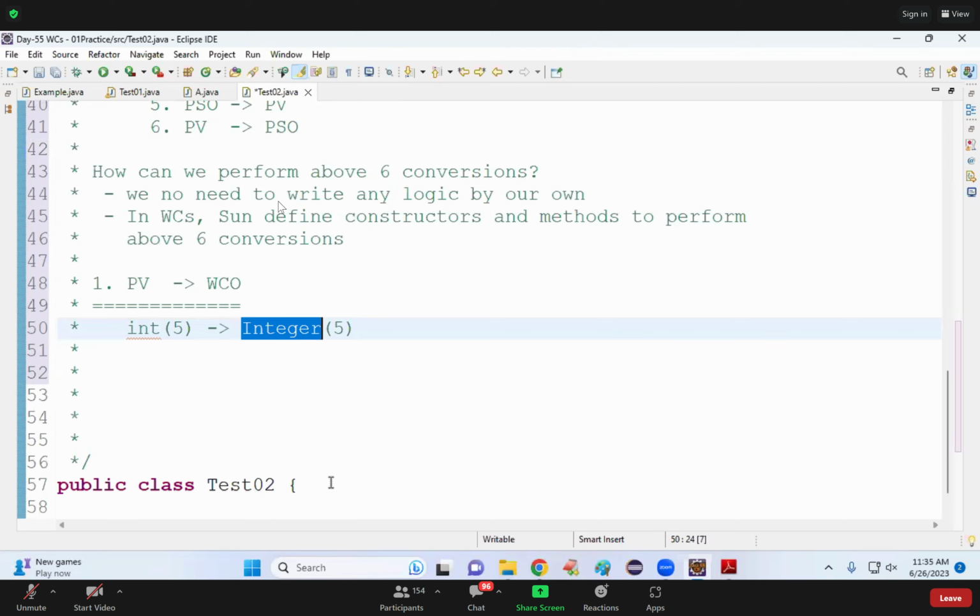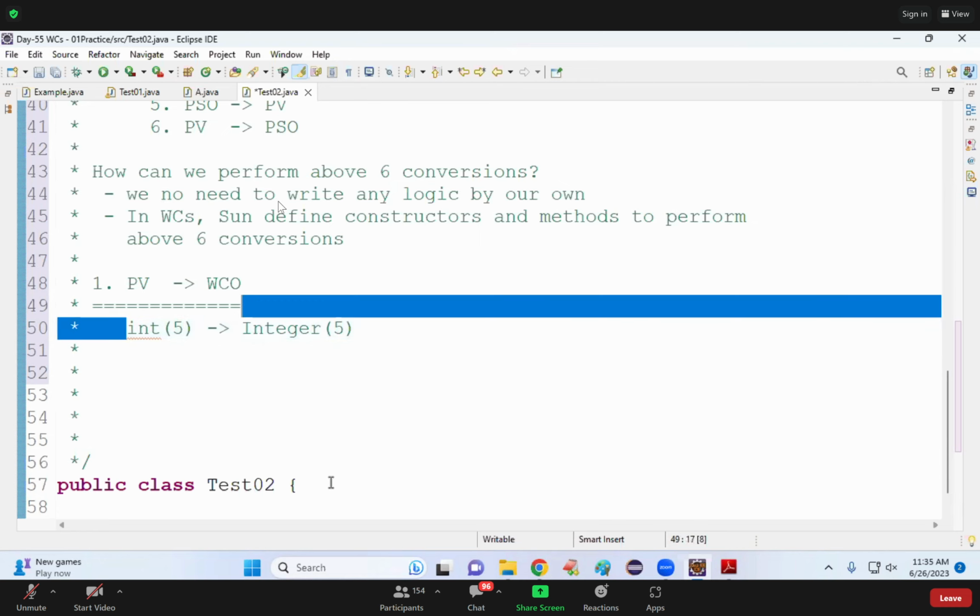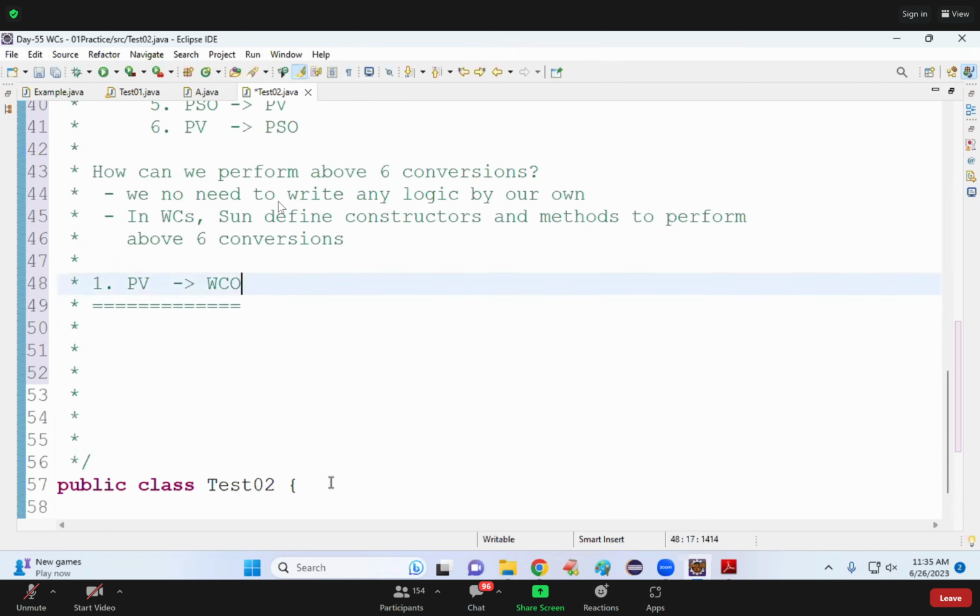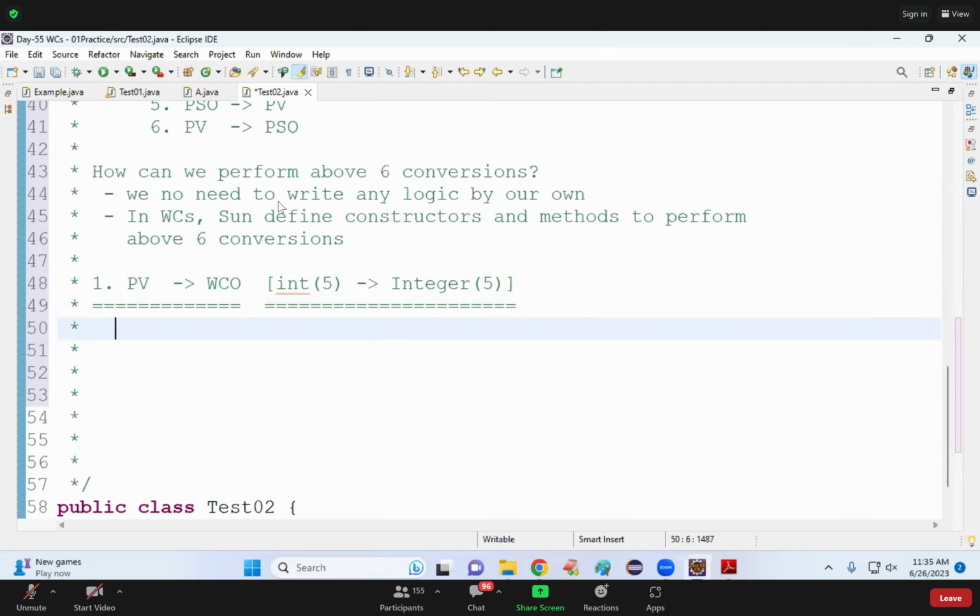So to create an object and initialize it, what do we require? A constructor is required. So inside this wrapper class, what is the meaning of primitive value to wrapper class object? We are converting the int value 5 to the Integer value 5. This is the target. For this purpose, in one wrapper class or all wrapper classes? In all wrapper classes,